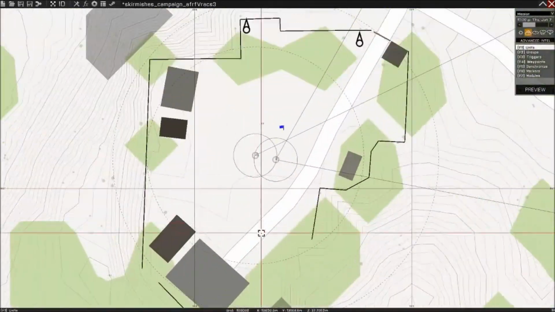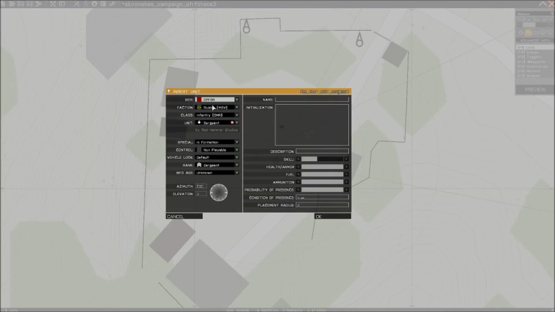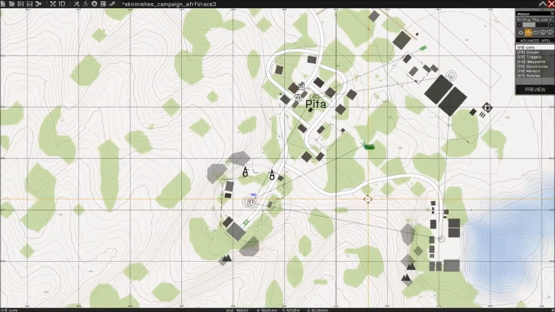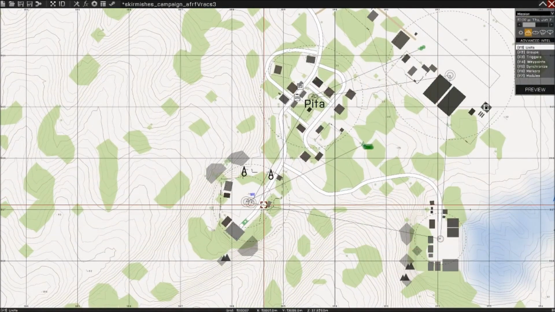Now, setting down vehicles to remain where they are for either objective purposes or for resistance purposes is very easy. All you have to do is select the unit that you want from the list, orientate him how you want, and then remove his fuel. That's pretty much it. And just like that, you have a patrol, a garrison, a static vehicle, everything you need